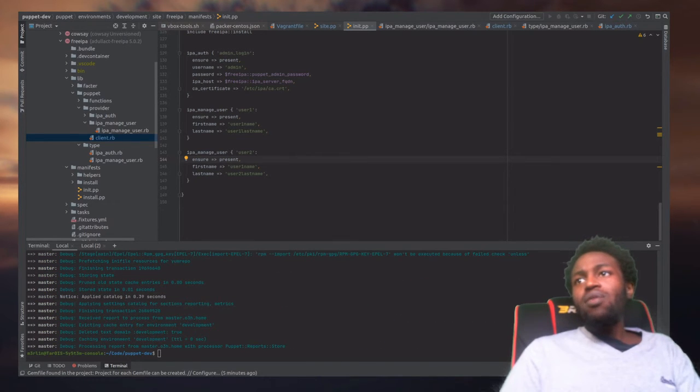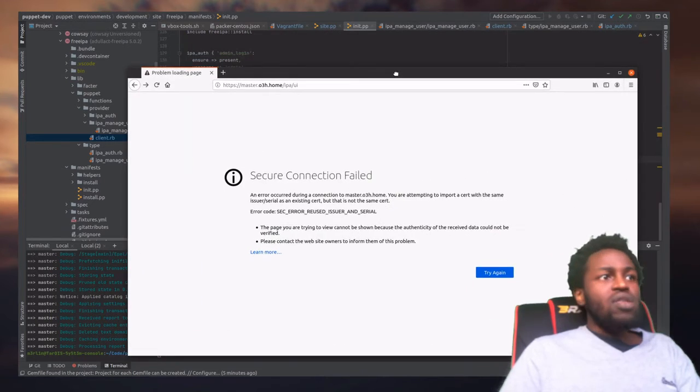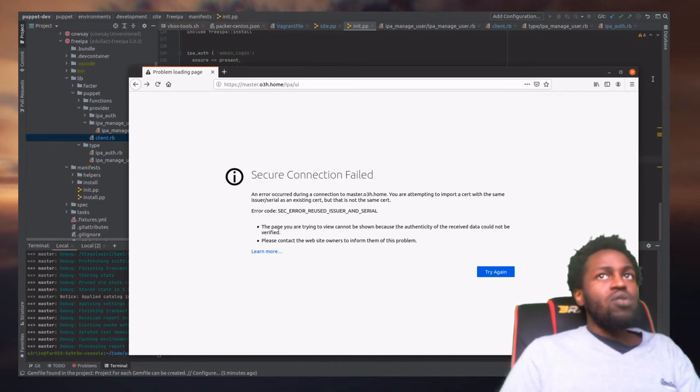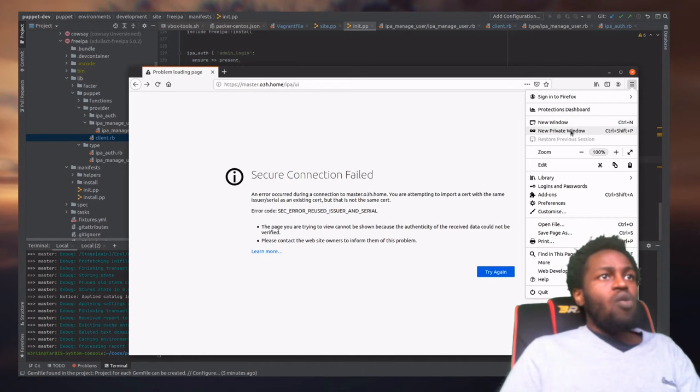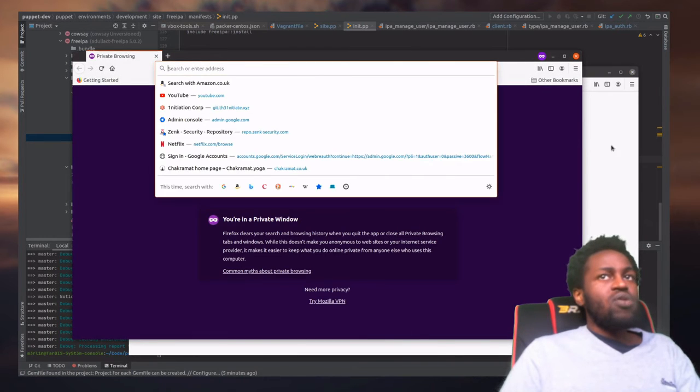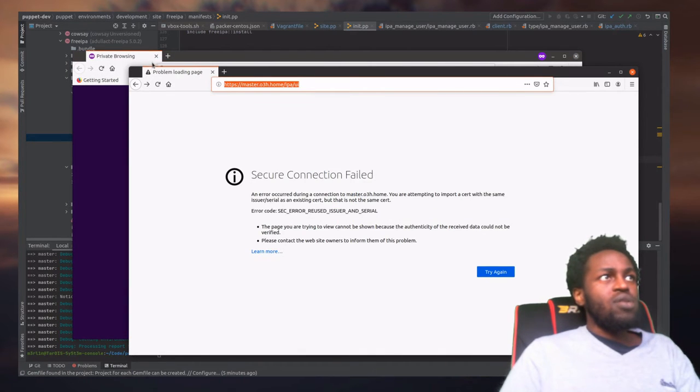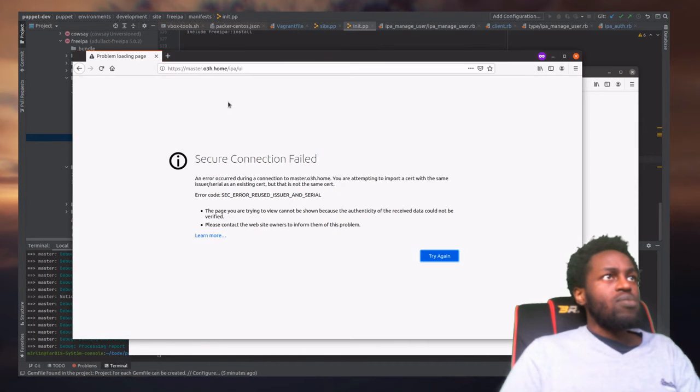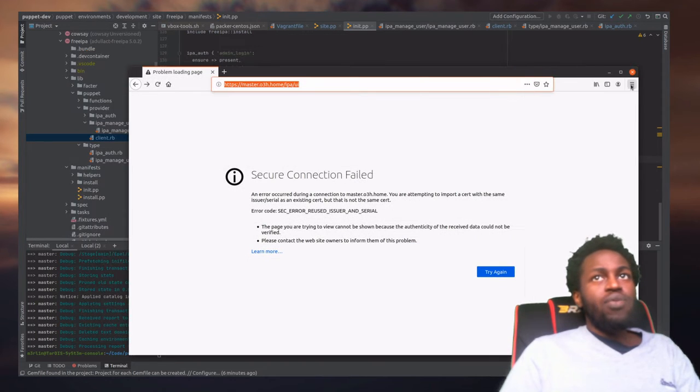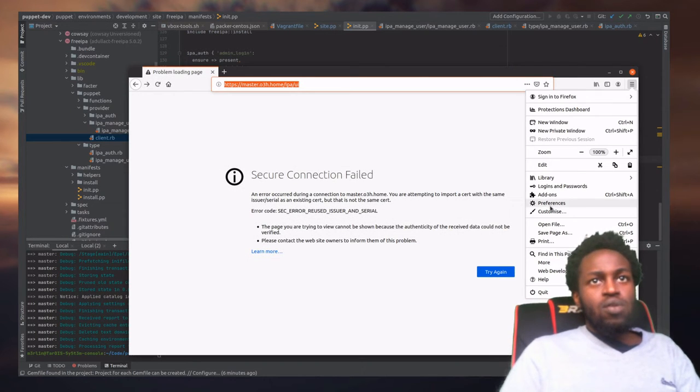But the main thing is that we can do so many things in regards to extending the capabilities. Firefox is being a bit weird. I wonder if you ever get this particular problem here; this is generally due to the nature of how Firefox manages things. I'll try to see if the incognito browser makes any difference. See, reused serial number. And to resolve this issue, all you have to do is go to preferences,